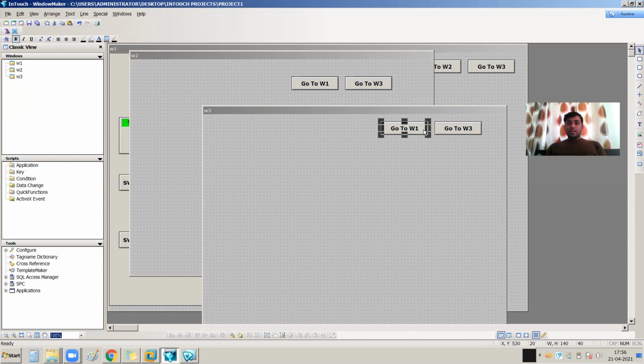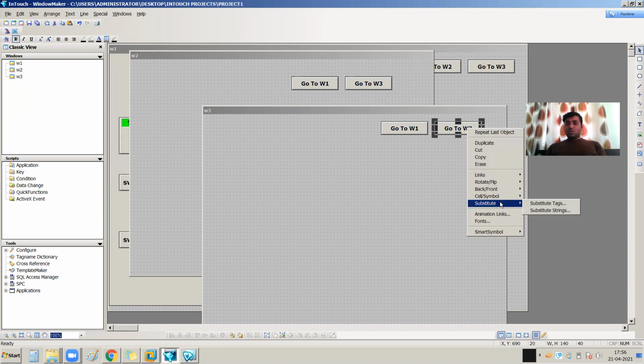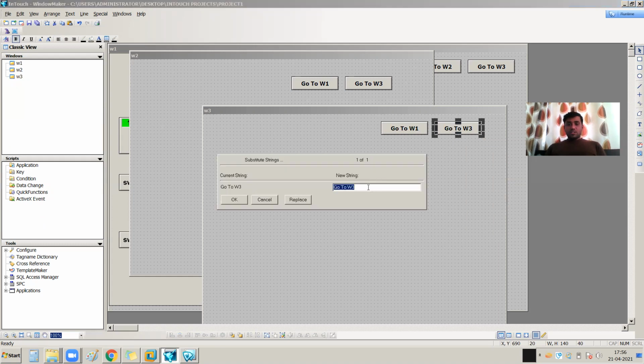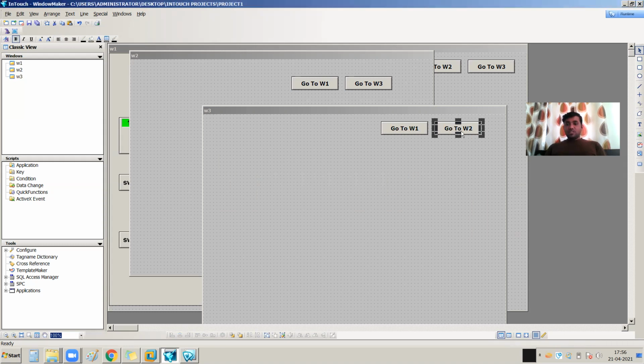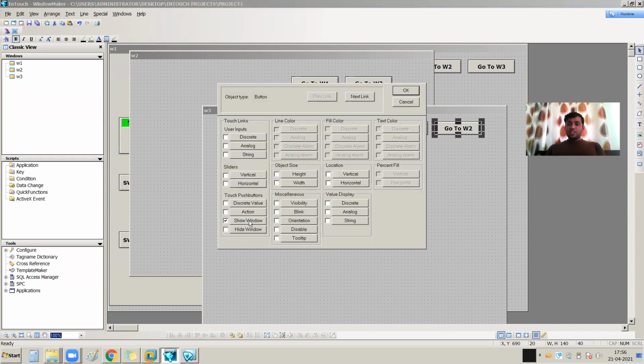Yes, this button I need to change, because from w3 you can go to w1 or you can go to w2. There is no need for w3. So I am changing it to go to w2, and I am changing its animation link. Which animation link? Touch Push Button.